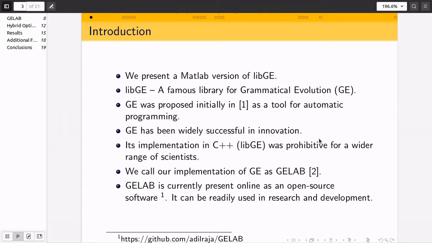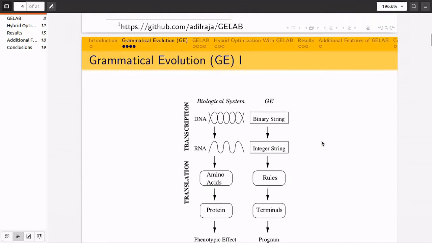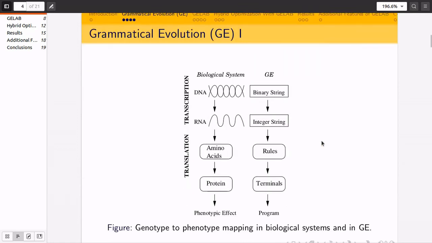We call our implementation of GE GELAB. GELAB is currently available online as open source software on GitHub, and it can be readily used in research and development. So first of all, I'm just going to present a little bit about the innovation behind grammatical